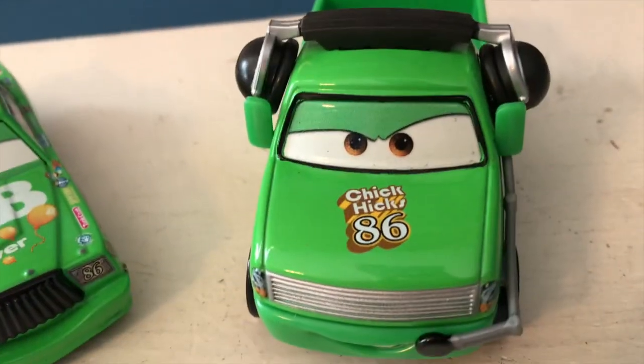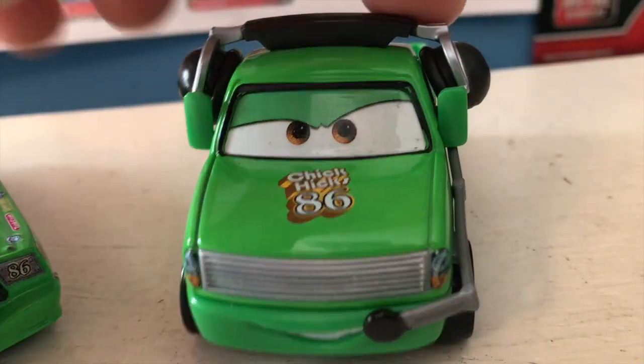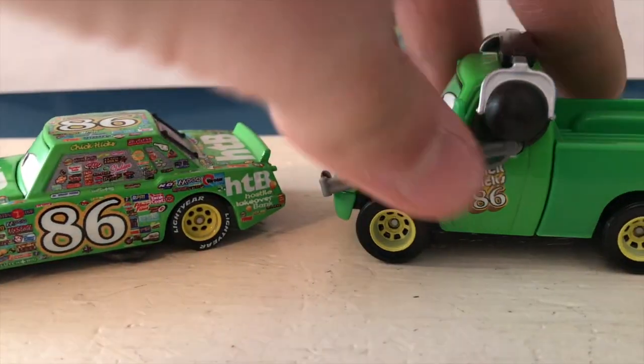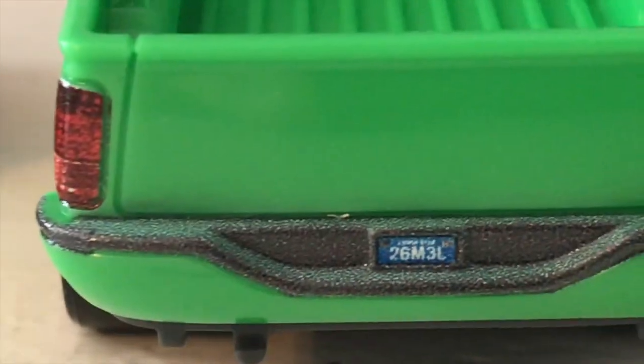We've got Chick Hicks 86 written on the hood, his lights, his grill, the headset going across, of course. Chick Hicks 86 written on the side. These bright green wheels, same as Chick Hicks's, except his aren't Lightyear. On the back, we could see his license plate reads